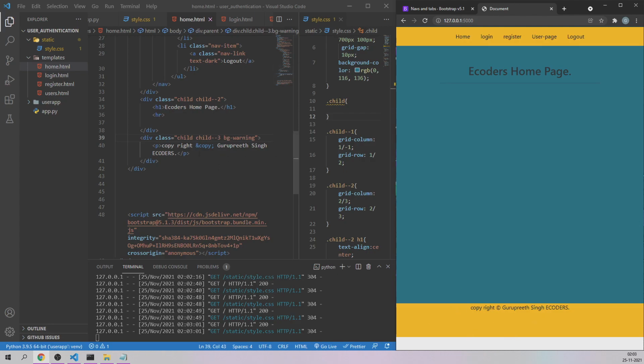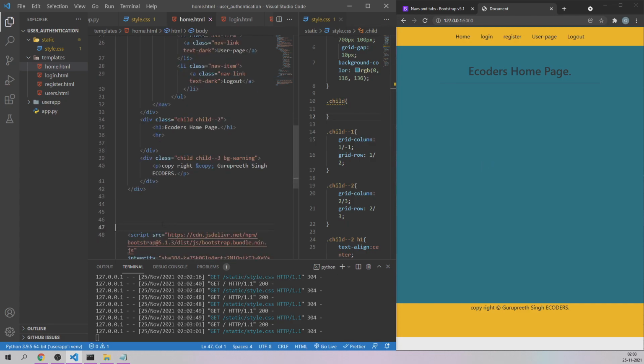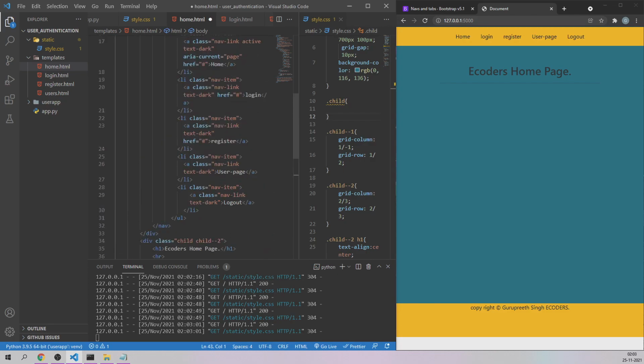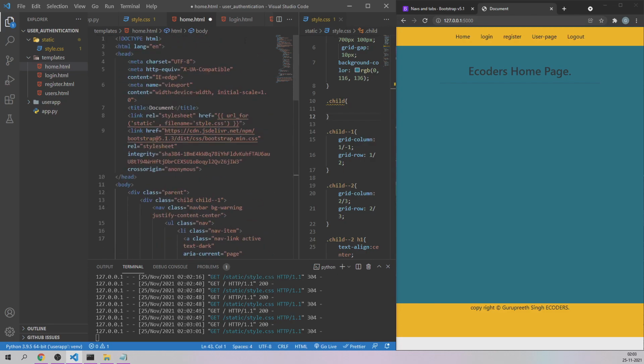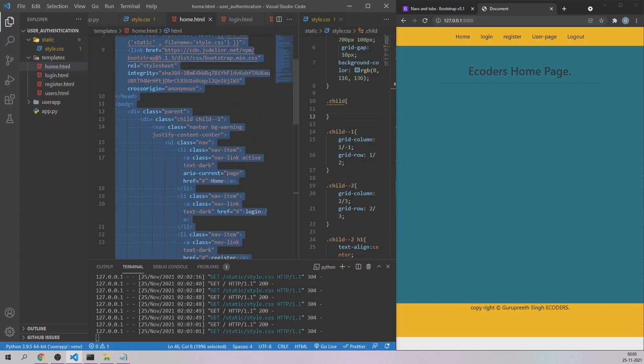Now let's do one thing. We have our main content, and if you want, we can put a border around the main content so that it comes as a proper square or something, but that part is for later. Now we have successfully created the home page like this. So this is the home page of the application, and let's go and do the same thing for all the pages, the login page and all those things. What I'm going to do is simply copy the home.html page.